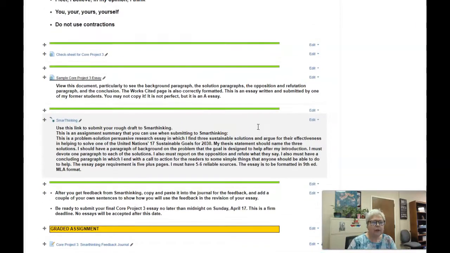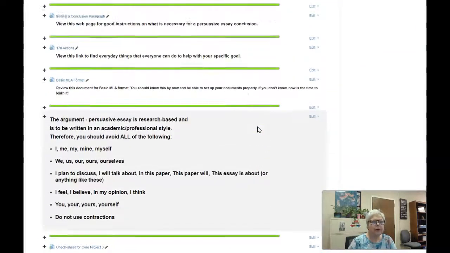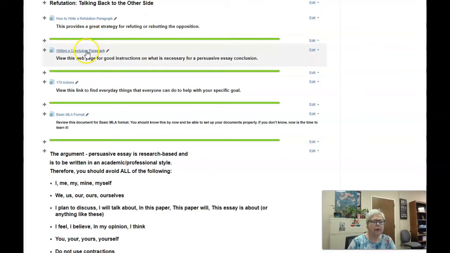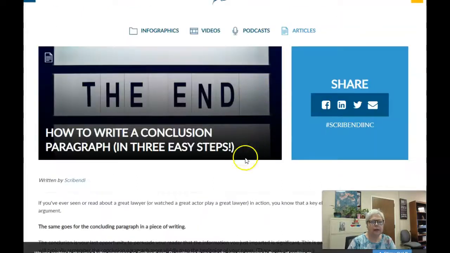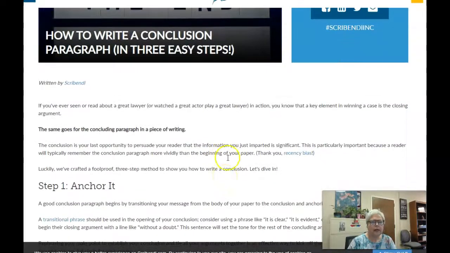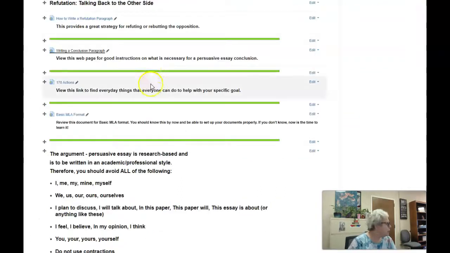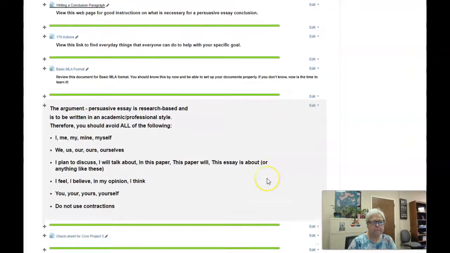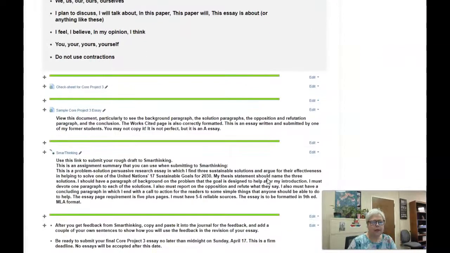When you get to your conclusion paragraph, it is up here, and you can click on that and get to this how to write a conclusion paragraph in 3 easy steps. You can take a look at that. And then in addition to that,